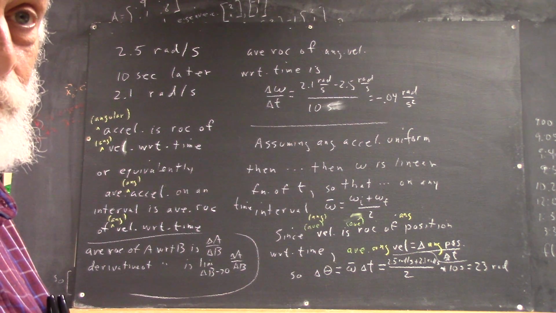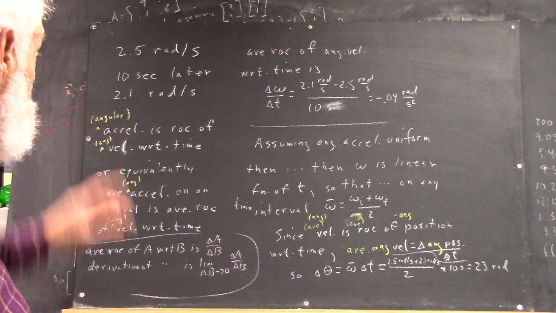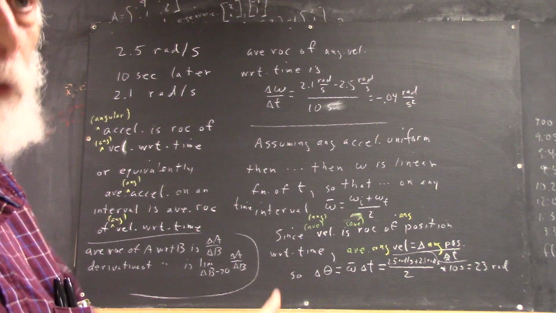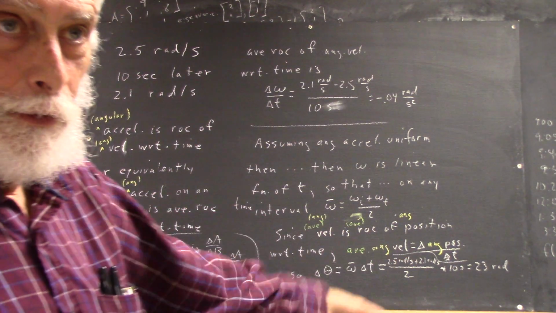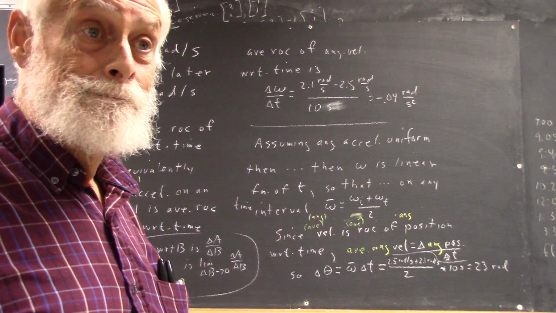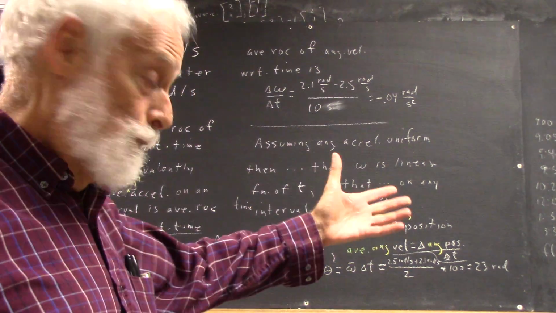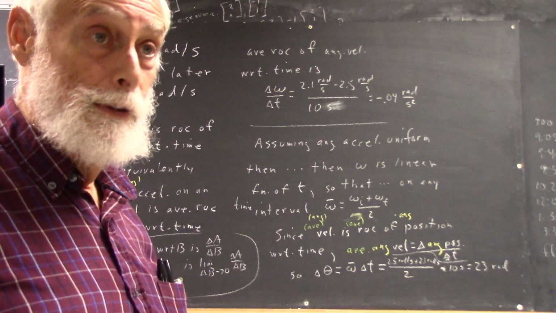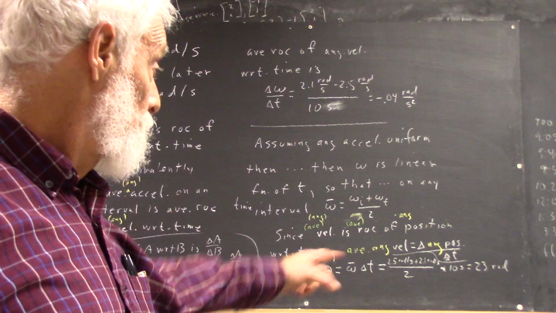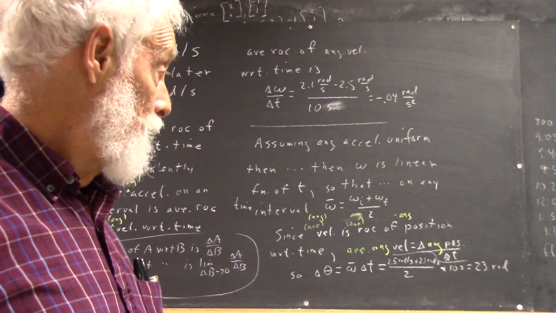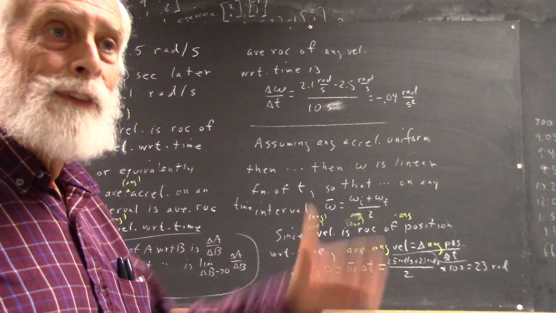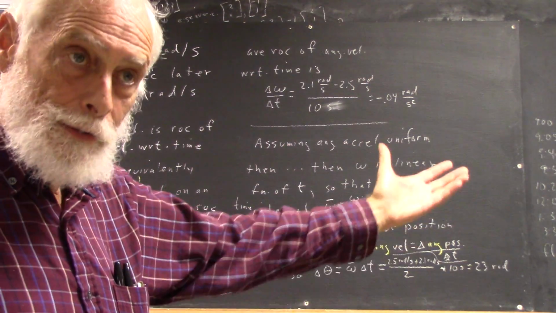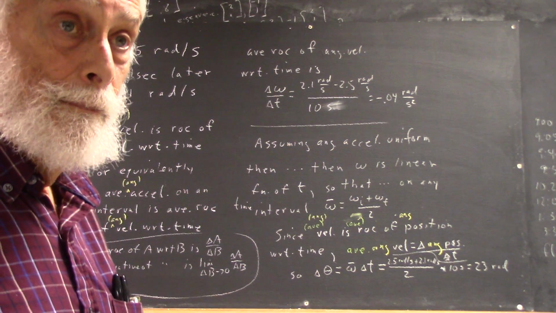Do you agree? I mean, halfway between 2.1 and 2.5, certainly 2.3, so I don't really have to add those and divide. But I would probably want to, 4.6 divided by 2 is 2.3. And multiply that by 10 seconds, and I get 23 radians per second multiplied by seconds is radians, okay? Now,